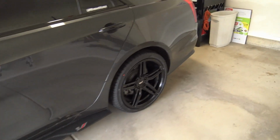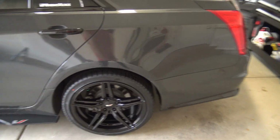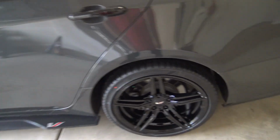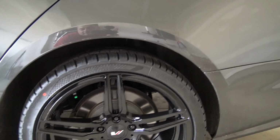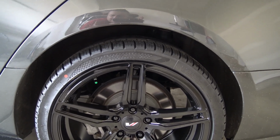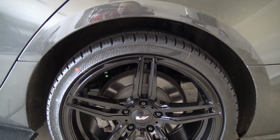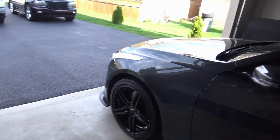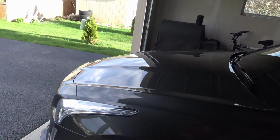Now, something about the tires that I installed, which I didn't talk much about. I did not get any type of Michelins or Continentals or Bridgestones or Yokohamas or anything. I actually got a Nankang NS25. Now, I don't know if you guys have ever heard of Nankangs, but the reason I got the Nankang NS25 is because on the 2014 CTS that I had, if you guys remember that video, the one with the powder coating, I ended up actually